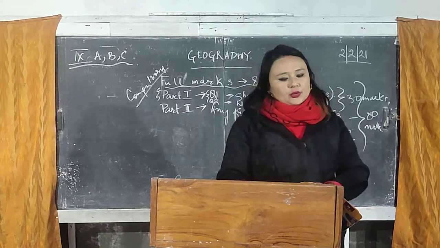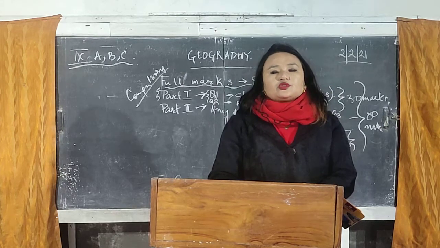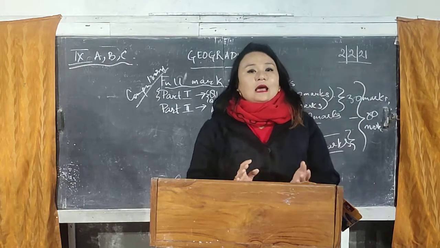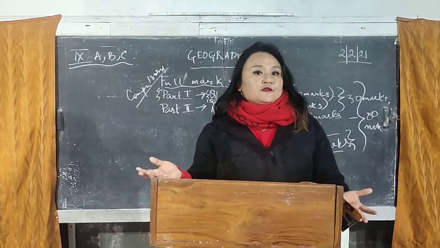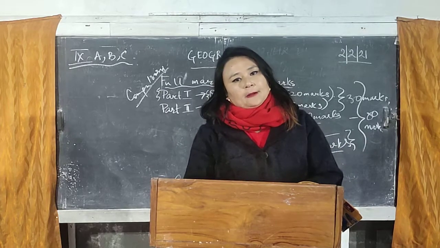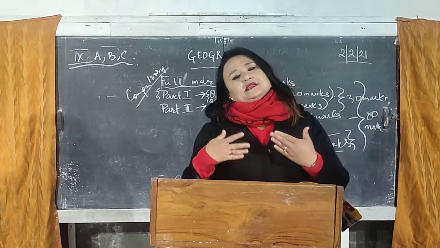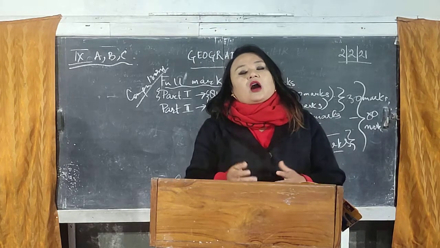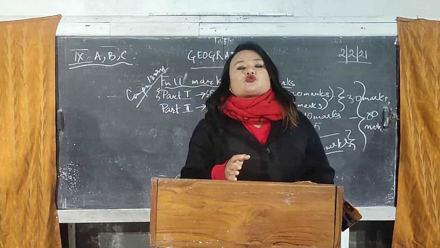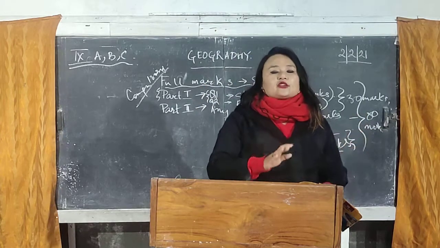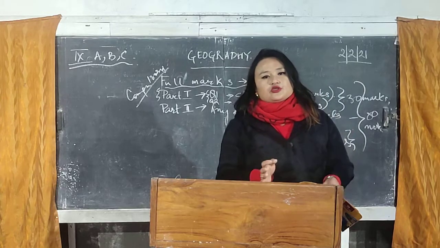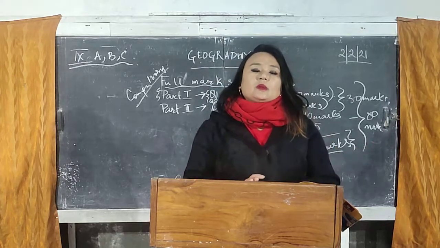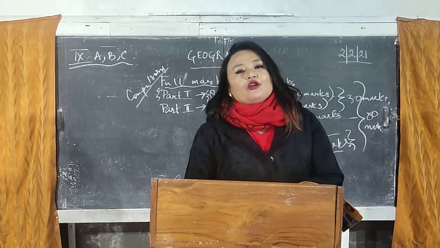Then the last unit is unit number 6, and in this unit we will be talking about the natural regions of the world, so that the entire world is divided on the basis of climatic factors and the different kinds of natural vegetation growing there. The primary one is the climatic factor, then human adaptation, what human beings are engaged in there in that region, what source of livelihood they are undertaking. We will be talking about that in a detailed manner under the natural regions of the world. All the natural regions of the world, their characteristics, the different kinds of species grown in the region, in a detailed manner we will be highlighting under the last unit.